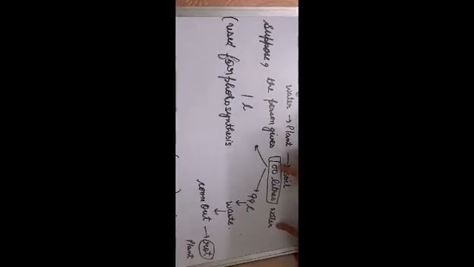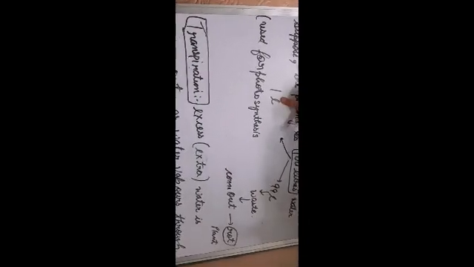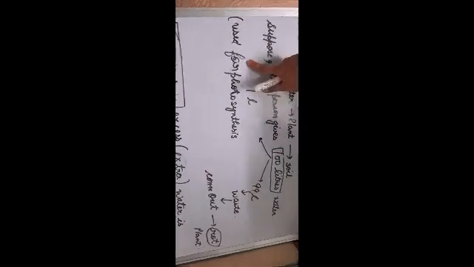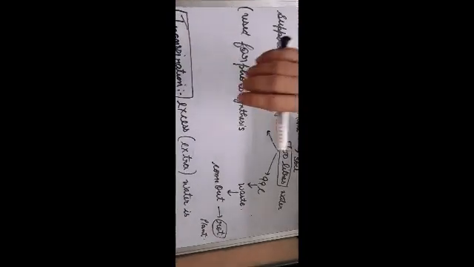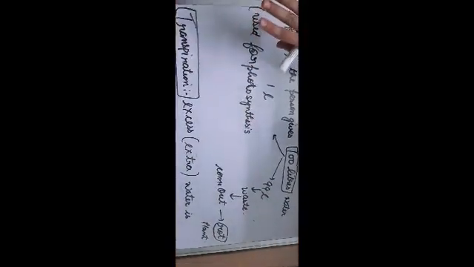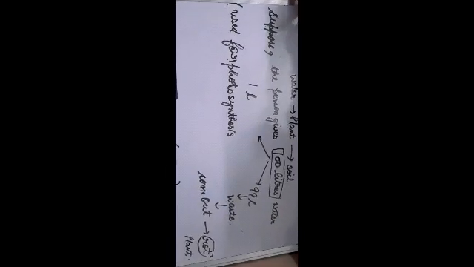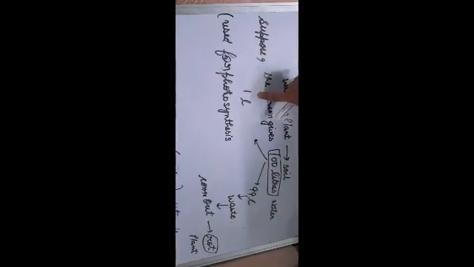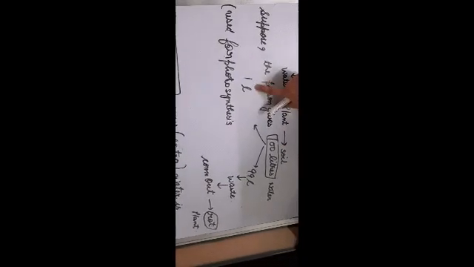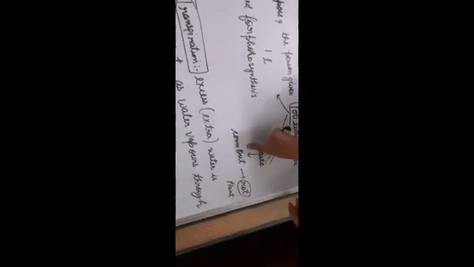Now out of 100 liters, only 1 liter of water will be used by the plant for the process of photosynthesis. Plants use water only for photosynthesis. For example, we need water for drinking, for washing, for bathing and for cleaning, etc. However, plants need water only for photosynthesis. So out of 100 liters, 1 liter of water is used for photosynthesis and 99 liters of water is wasted. Now this 99 liters of water, which is a waste, has to come out of the plant. If it does not come out, the plant will rot.